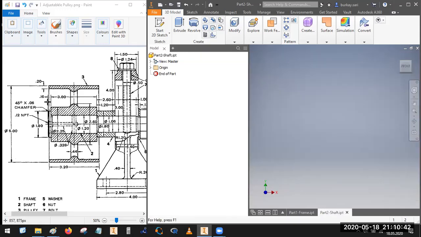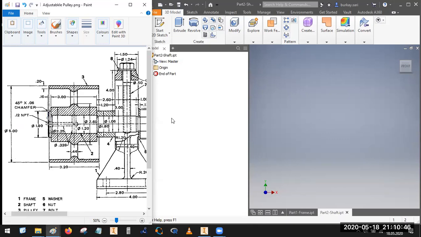Here we have a shaft detail with the holes here. We have a lubrication hole here, and we have some thread details with the NPT, which is the taper pipe thread detail on our part. This pulley is to be lubricated, and this is the lubrication channel through the shaft and the pulley